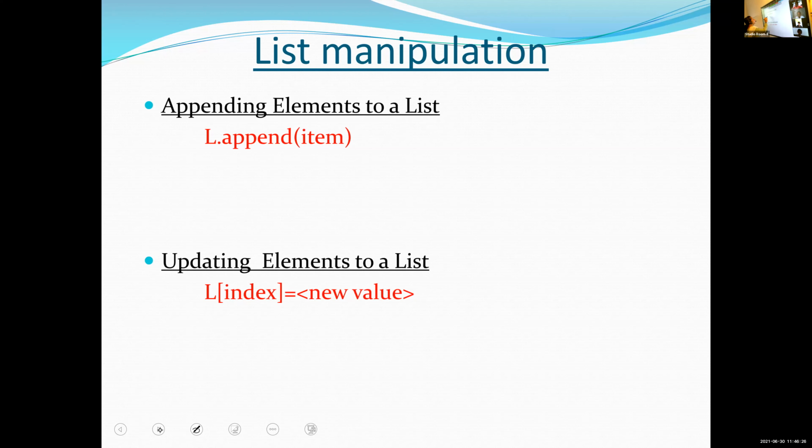If L is equal to 1, 2, 3, 4, 5, I want to add 10 to this list. So our statement is S is equal to L dot append.